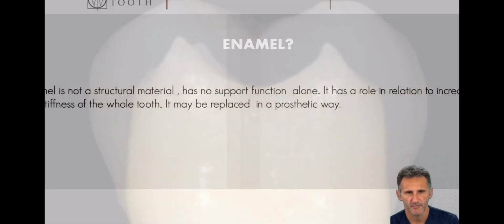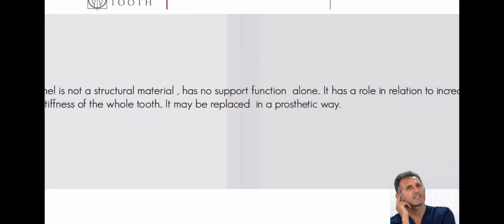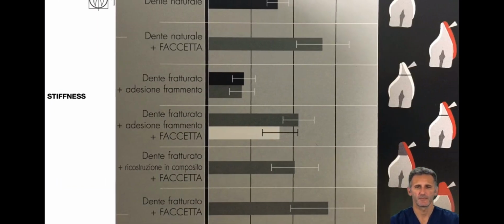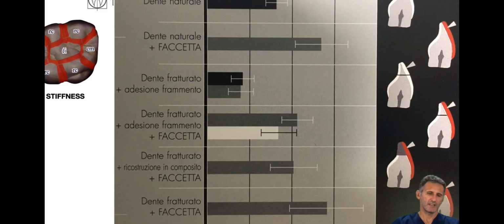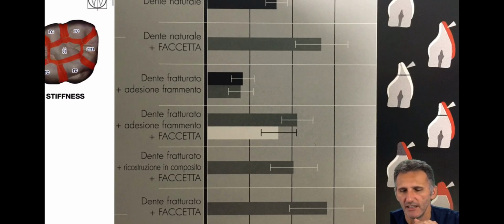So, enamel is not a structural material, it has no support function. It has a role in increasing the stiffness of the whole tooth, but it may be replaced in a prosthetic way. For example, it's easy to replace enamel because ceramic is quite similar, but we can work with increased thickness